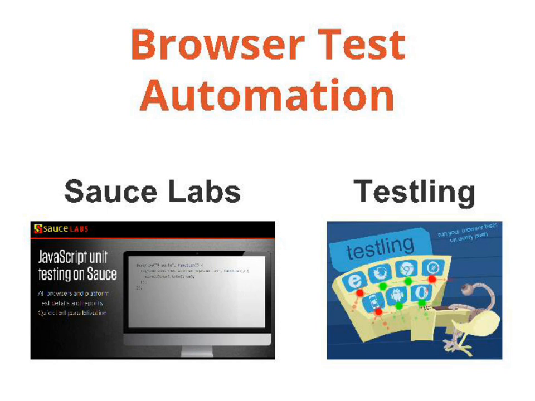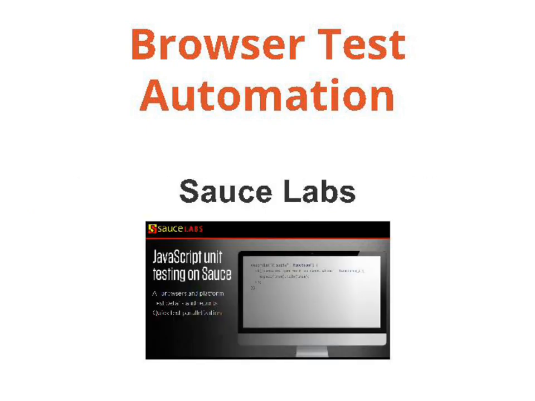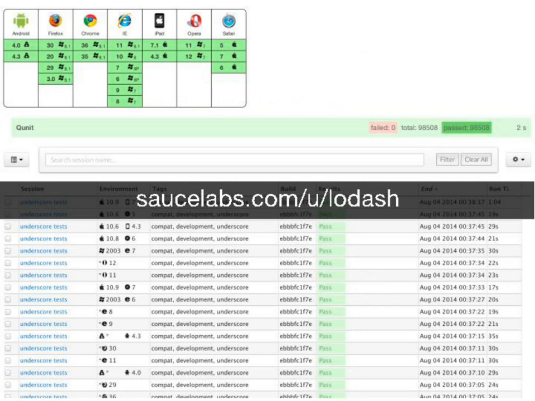So I wanted to go with something that I could just support out of the box, and so Sauce Labs was the option there. It also turned out that they had a lot of other features that I dig too that I couldn't find elsewhere. So I went with Sauce Labs, and this is the way that the test page looks for Lodash,